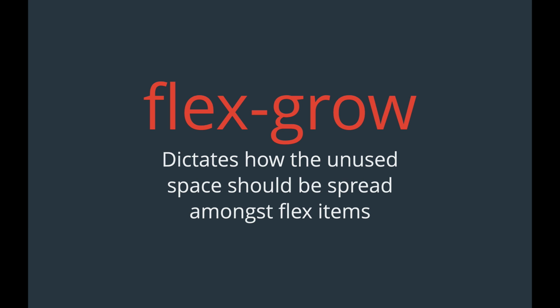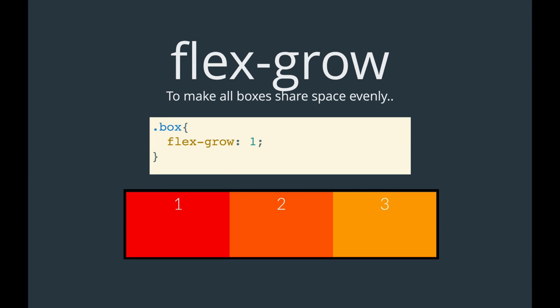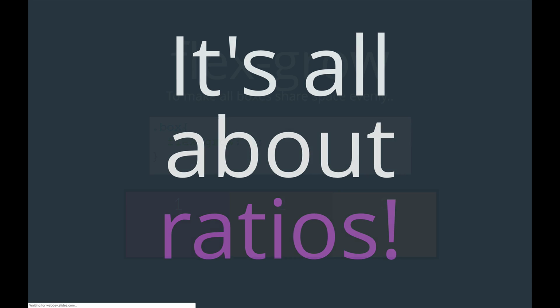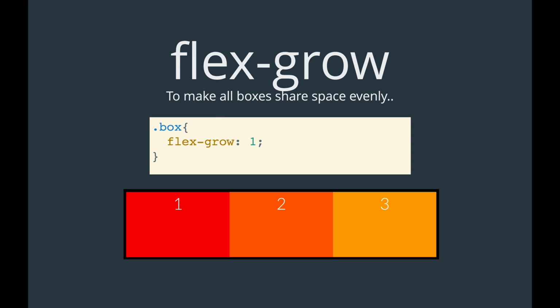So flex grow dictates how any unused space should be spread amongst individual flex items. So it's something we can apply to one item at a time. And unlike flex basis where we use an actual length, pixels or a percentage or some measurement, with flex grow, it's all about ratios. So we can make each box share space evenly if I set flex grow to 1 for every single element. Or I could set flex grow to be 20 on every box, and there won't be